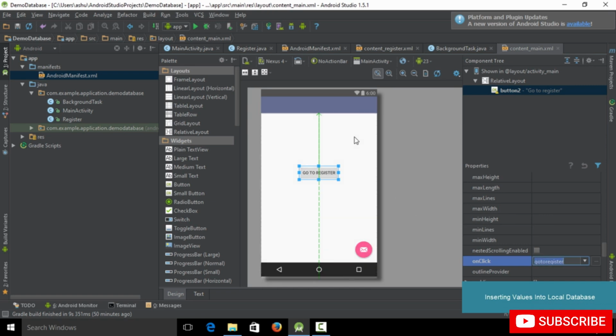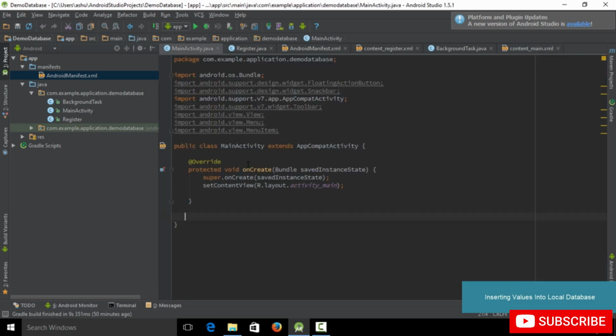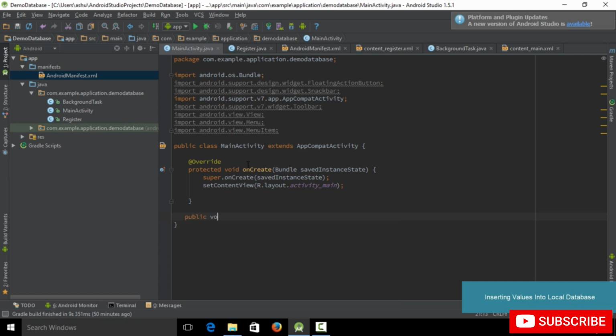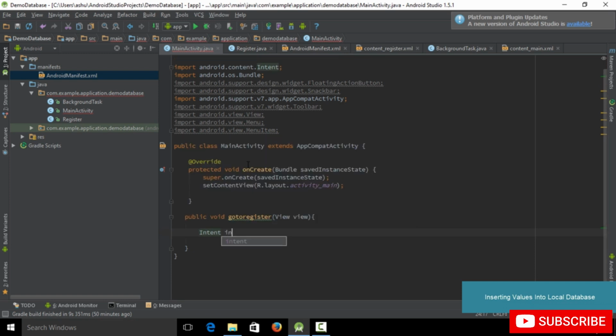and after this we switch back to the main activities Java and create a method over here. So we type public void, name this thing as the on click, pass in the view. After passing the view, simply create a new intent over here so as to switch from one activity to other. So we type intent equals new